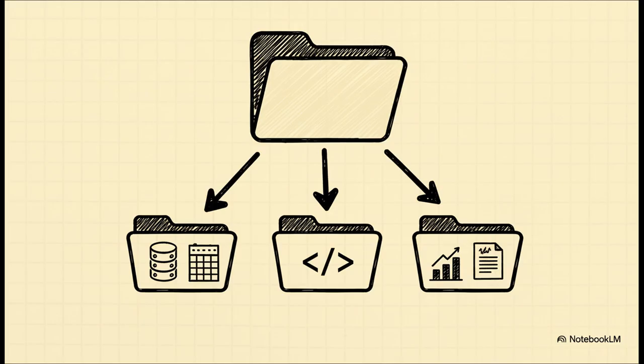It instantly organizes your project with 3 main folders. You get a data folder, which smartly separates your raw, untouched data from the cleaned-up data you actually use for analysis. This is so critical because it means you never accidentally overwrite your original data. Then there's the scripts folder for all your code. And finally, the output folder, which is where all your results, like figures and tables, get generated by your code.